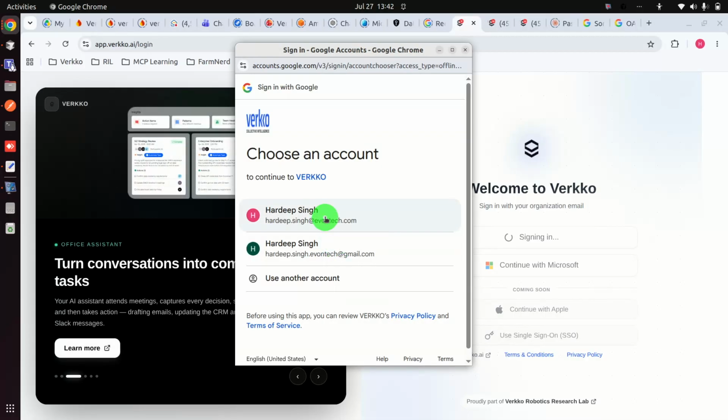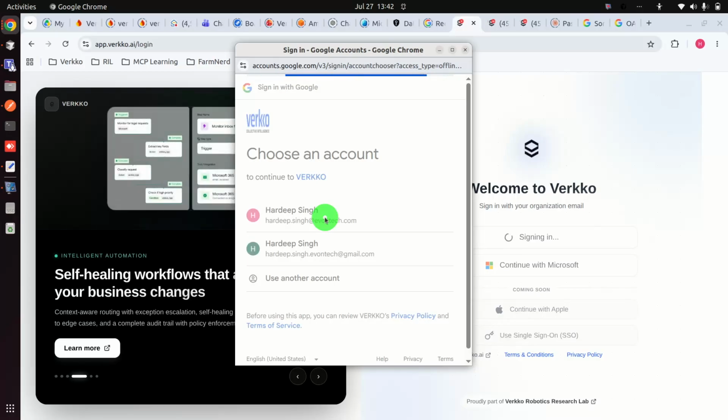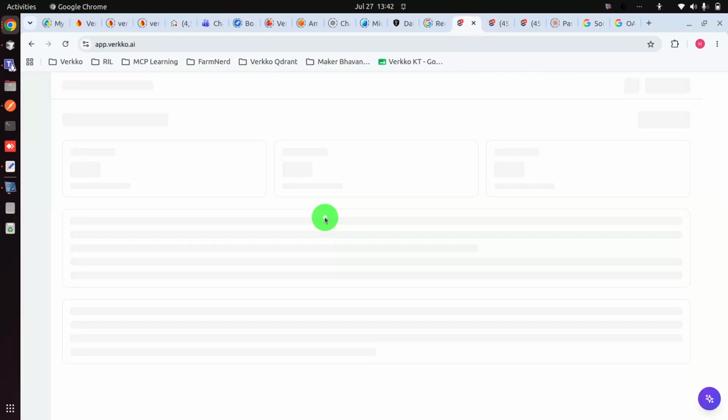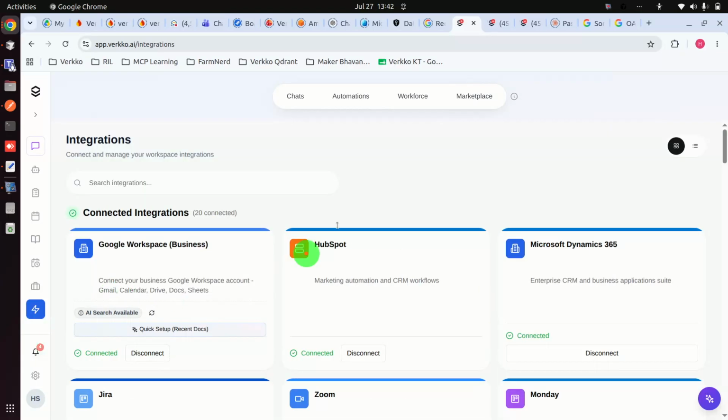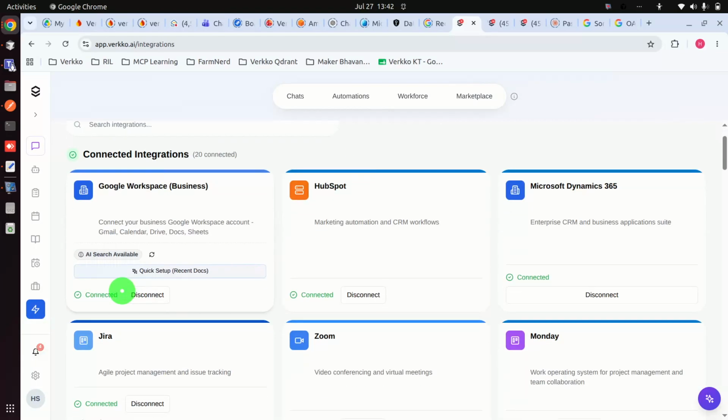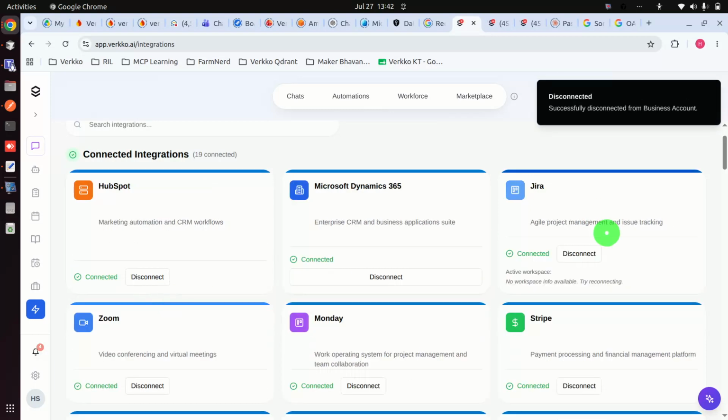Once on this pop-up, we will click on the email to log into the application. Now from this screen, we will click on the integrations. From here we can see that various integrations are listed here, and Google Workspace Business is already connected. I will disconnect it at first, and then